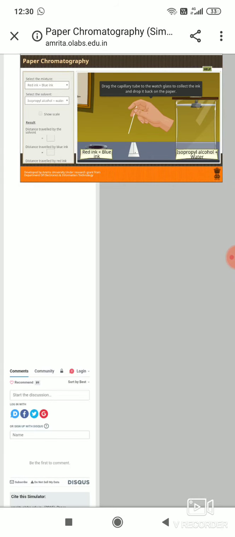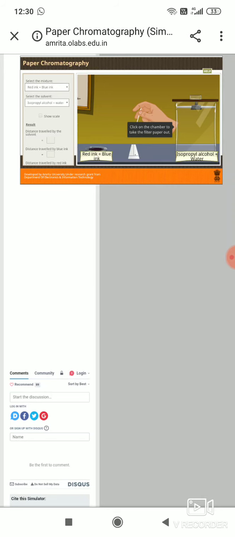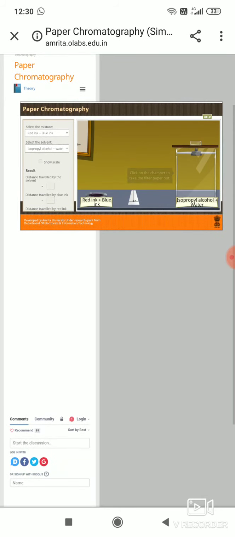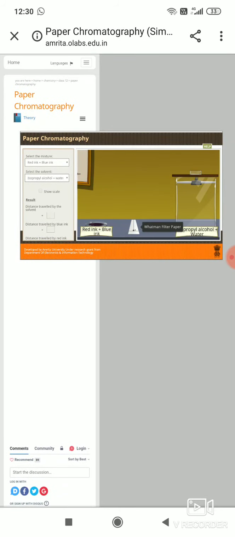Like it is giving us the command to drag the capillary tube and all in sequence. So the first step of this experiment is to drag this capillary to the mixture of red and blue ink and place the drop on the paper. Once the drop is placed on the paper, the hand will automatically disappear.